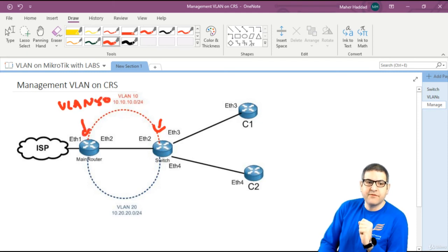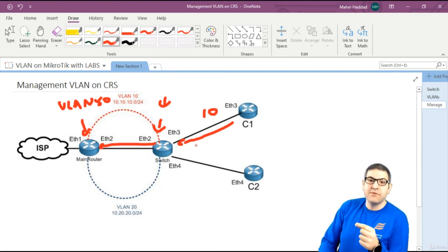I have to make it on the main router, because what's going to happen is that once you put an IP over here, if you want to connect to the switch, the traffic will go from here to the switch, and then the switch will send it to the router. Here the router is acting like what we call router on a stick. The VLANs are coming from VLAN 10, and he's saying I want to connect to that IP which is on VLAN 50. So the router will say, okay,